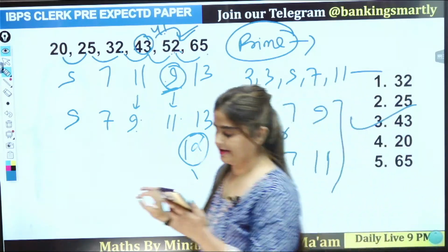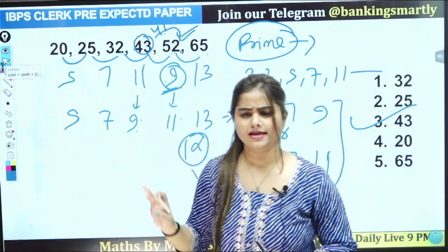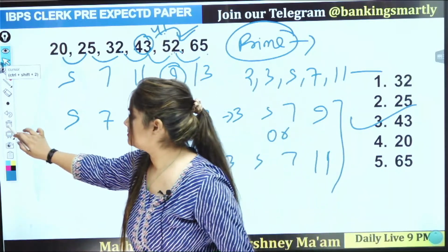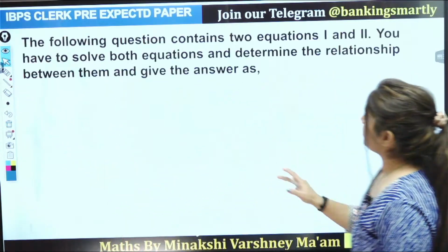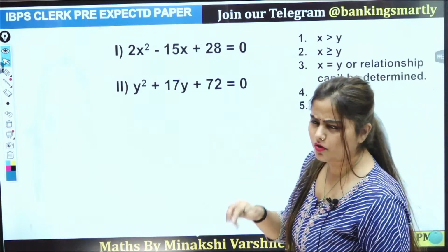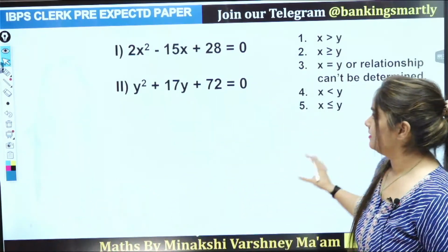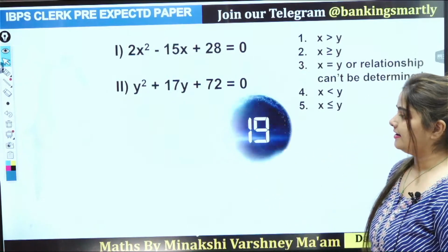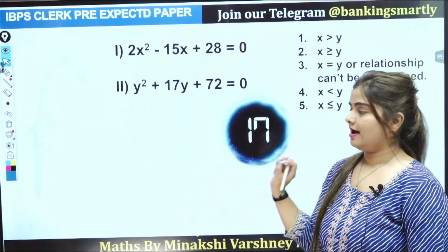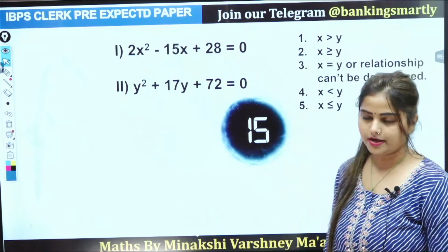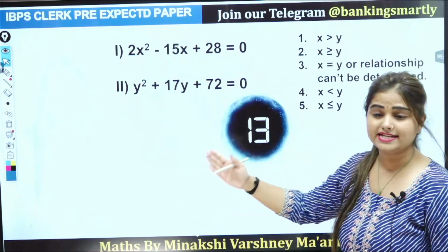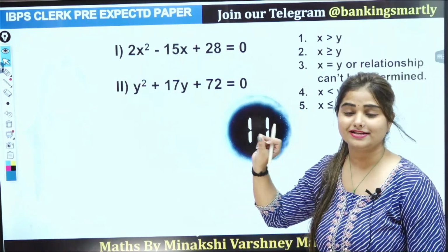Next, odd number difference. Here they are simply following odd numbers. Now next one is your quadratic. We are going with the speed maths to boost your speed. And last we will do case slit. After this we will do arithmetic. So this one is very easy. You can answer this within 5 seconds.